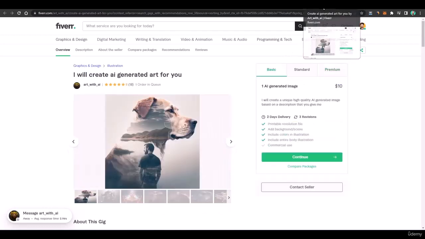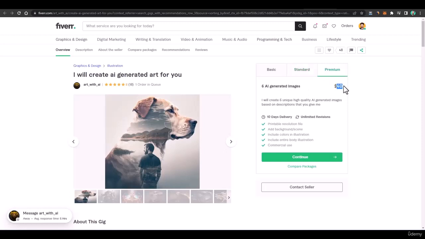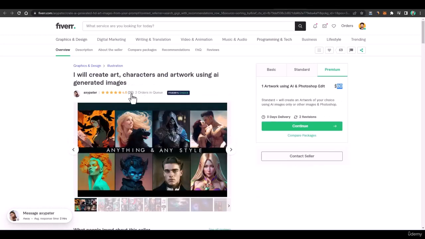Then there's the next gig, $10 for one AI generated image, $25 for 5 AI generated images, and $40 for 6 AI generated images. Here you can see one order is already in queue, and he has 18 ratings, and this one has 26 ratings and 2 orders already in queue.